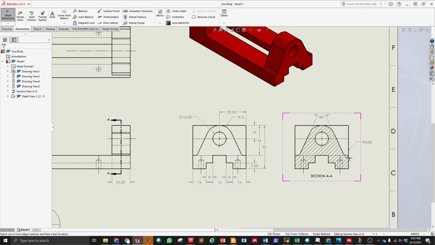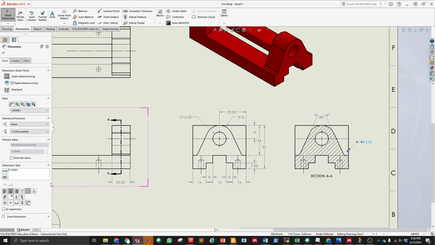Now, this fillet, of course, there is one at this side and one at the other side, but since this is very symmetric, I can just explode that and define here 2x radius 3, and then I'm gonna reduce that. I can write here the 2x, and automatically that will be in my dimension,